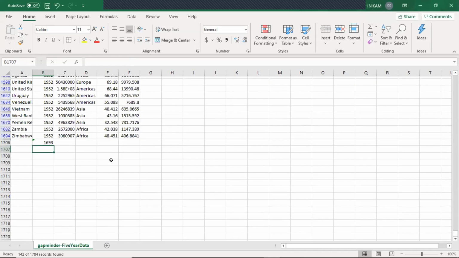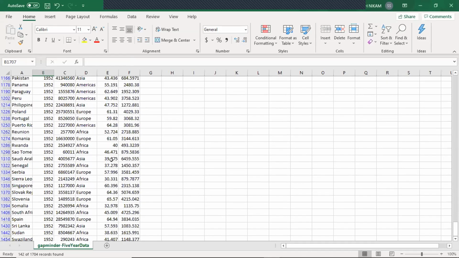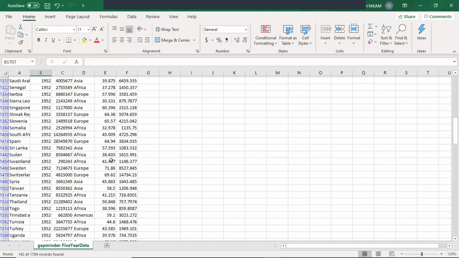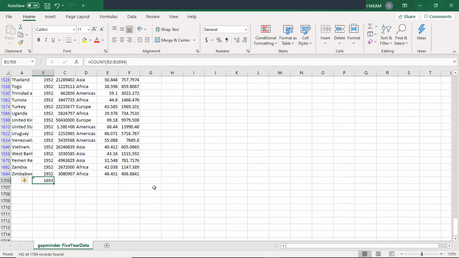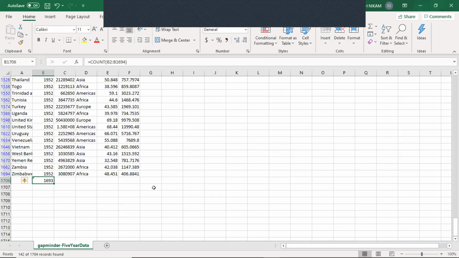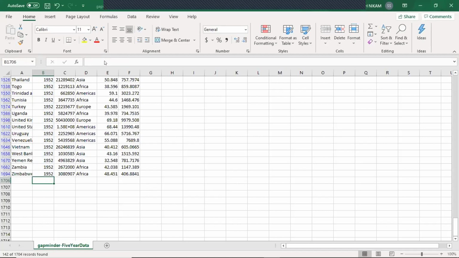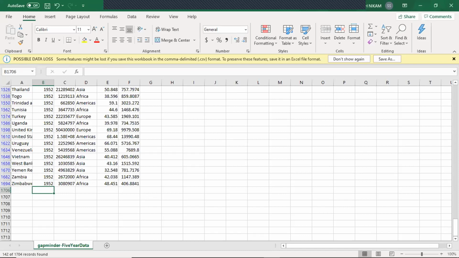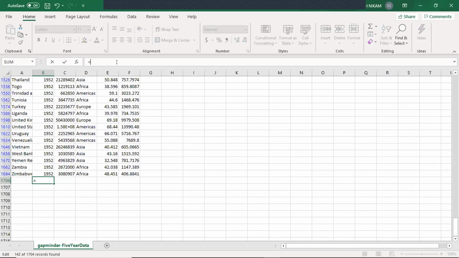So what happens is, some of you might know this, but just come to the end. When you tell Excel you want to find the count of B2 to B1694, it is counting all the cells that have a value in it. It is also counting the hidden rows. So you will have to change it to, just type it for me, equal to subtotal, open the parentheses.